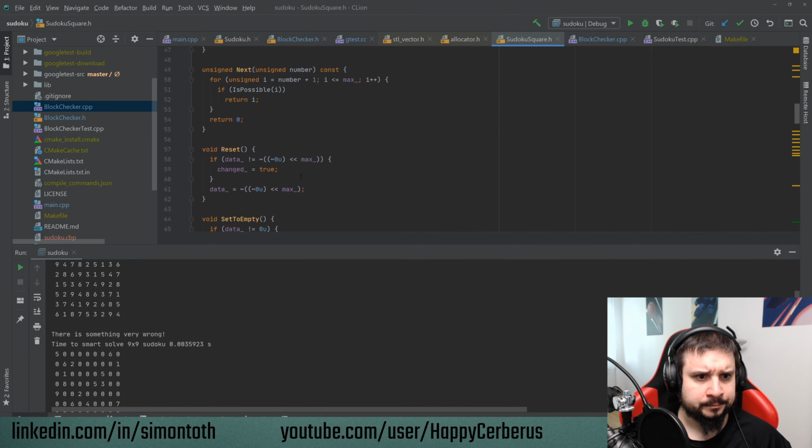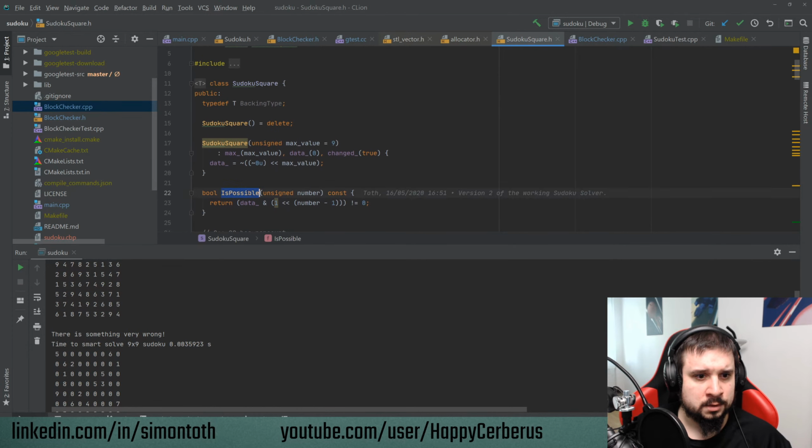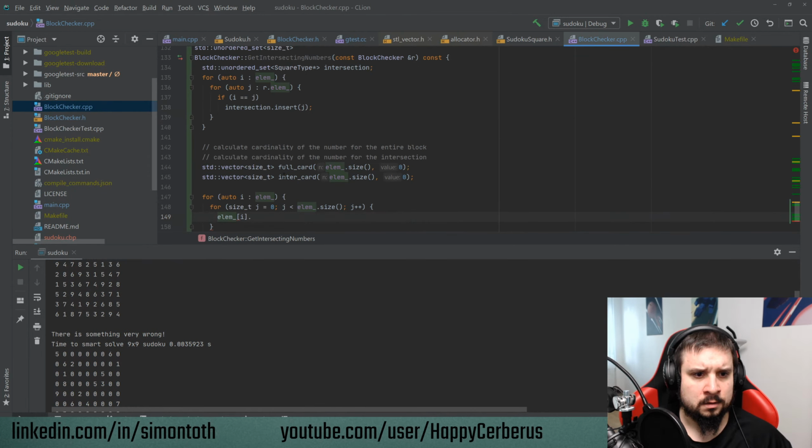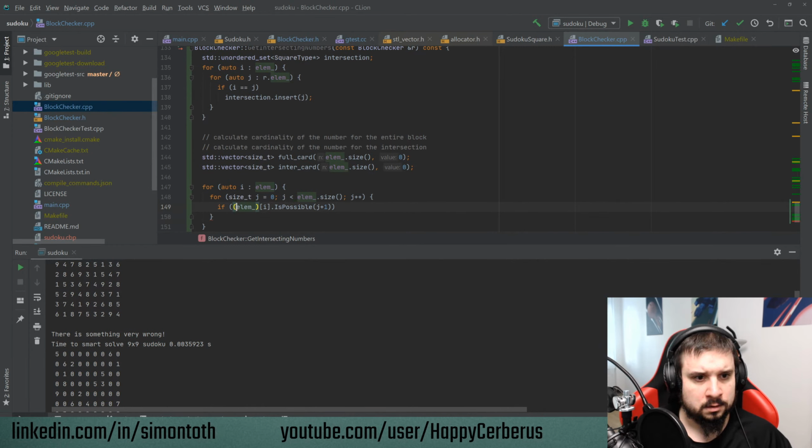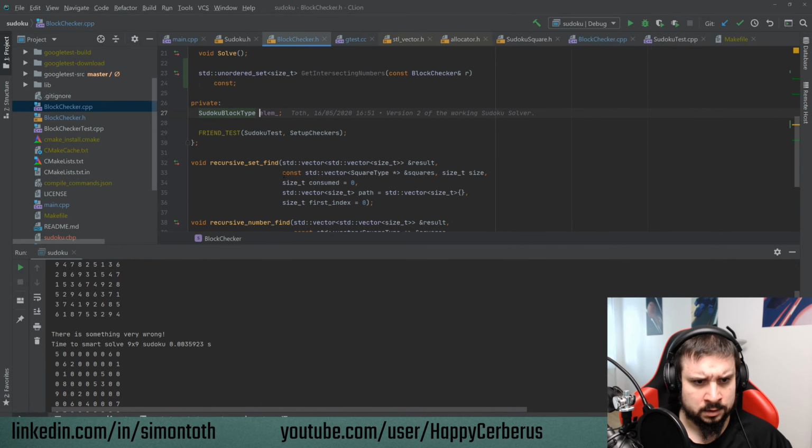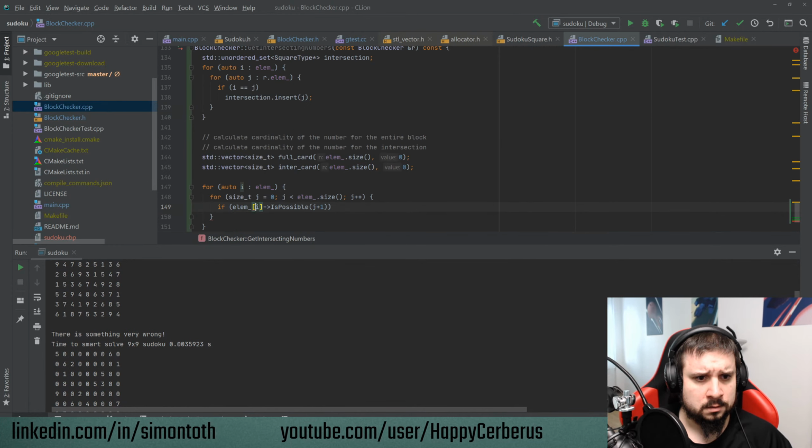What was the method? Is possible, yes. So if the number is possible, then because these are pointers. It's like really confused why this is not working. No, almost. This is wrong. This is correct. This is a vector. What are you complaining about? Oh, I guess. Oh, yeah. Never mind. I'm being silly. Like this, yes. So if the number is possible, then